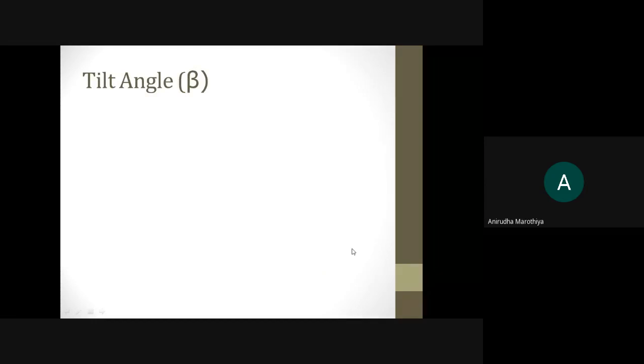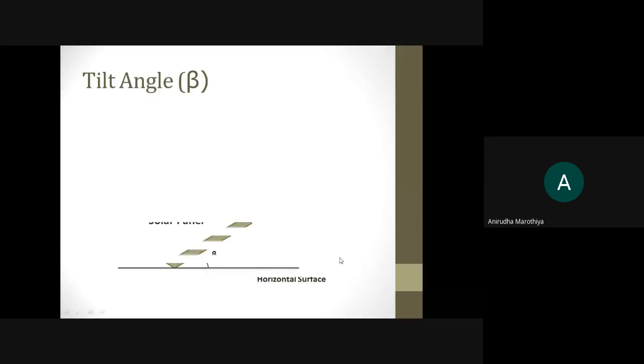Now next definition is tilt angle, and this will be the last definition which we are going to cover in this lecture. इसके बाद के जो 2-3 definitions बचे हैं that we are going to cover in next lecture. So write down tilt angle, and it is indicated by symbol beta. And to understand the concept of tilt angle, you have to draw this schematic view.